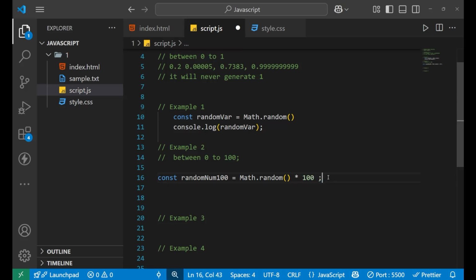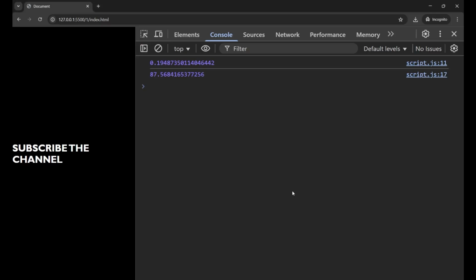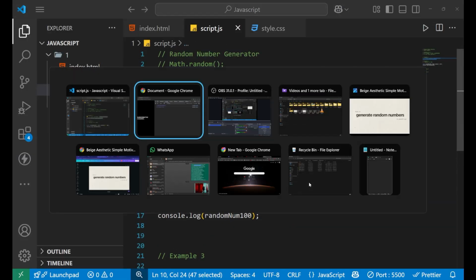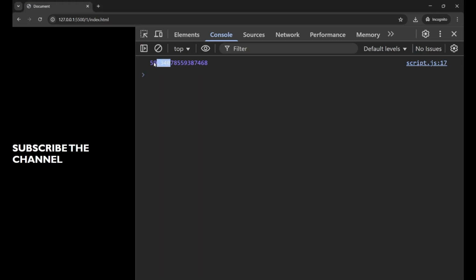Definitely a value between 0 and 100, but I will never get exactly 100. So let's see whether it is working or not. Let's write randomNum100, and let's go to our console. Let's comment this down. Yeah, and you can see that I'm getting 59.34.